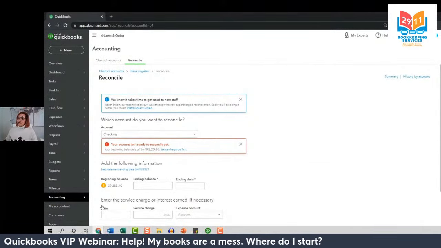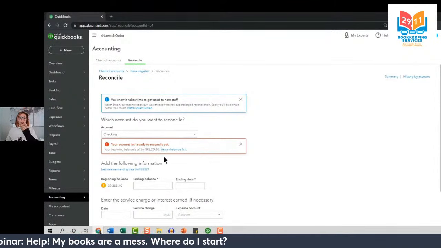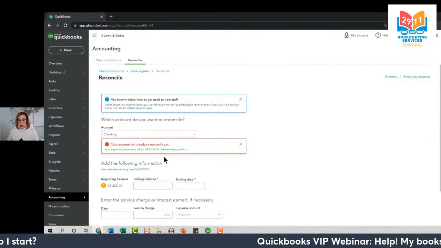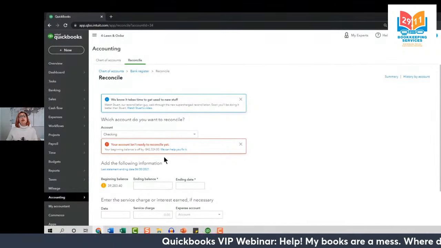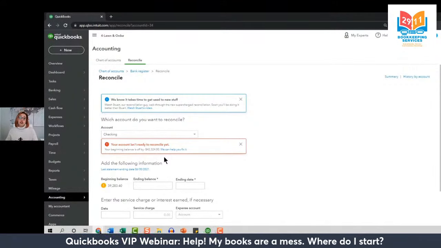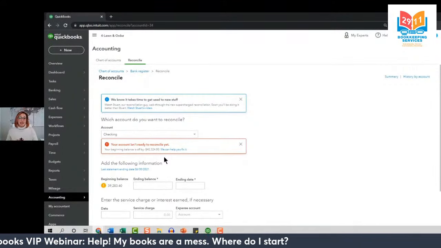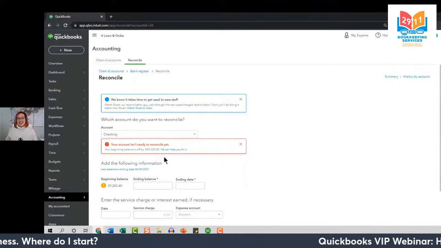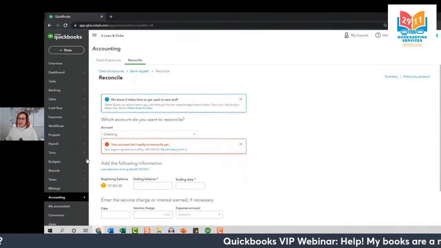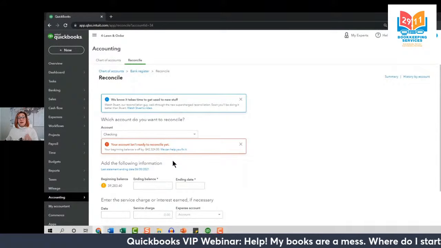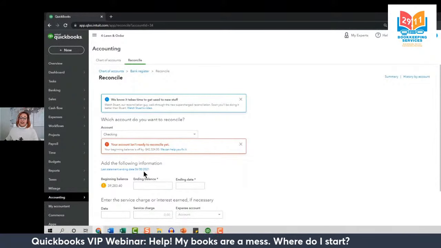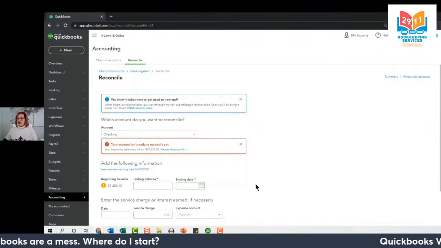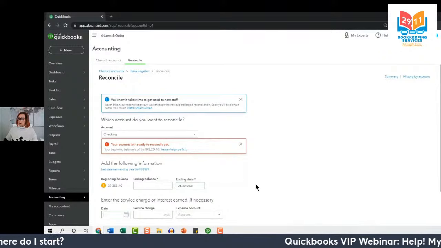Now back here, our beginning balance is still going to be off, which is correct because we recreated those transactions, but we haven't re-reconciled them yet. Now, a couple topics ago, you learned how to re-reconcile a transaction in the register, which is totally useful in this situation as well. But let's say you don't want to do that. Let's perform a mini reconciliation to get everything back to where it should be. And in this mini reconciliation, what we're going to do is find the last time we reconciled, which is June 30th of 2021, and copy that into the ending date field, so June 30th of 2021.